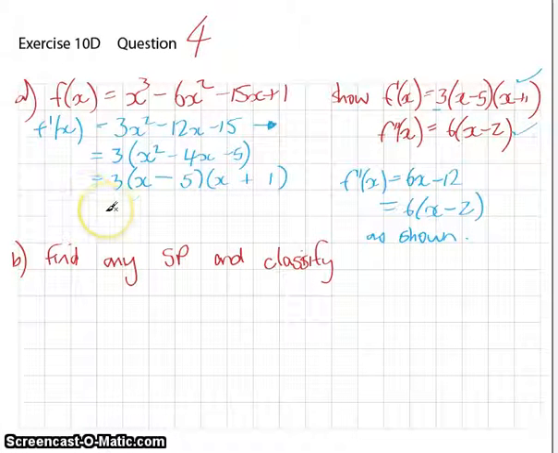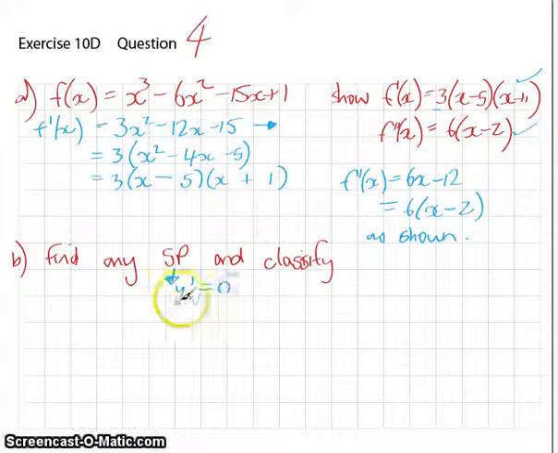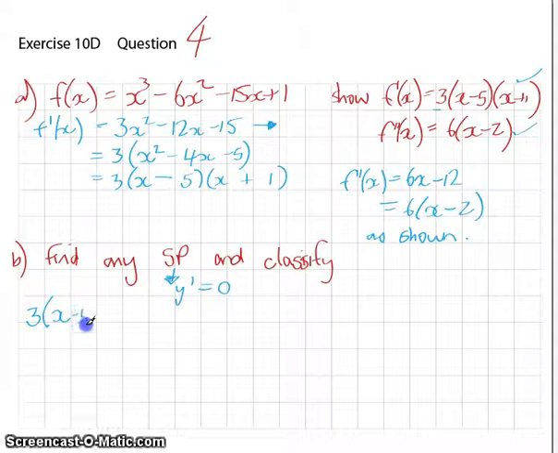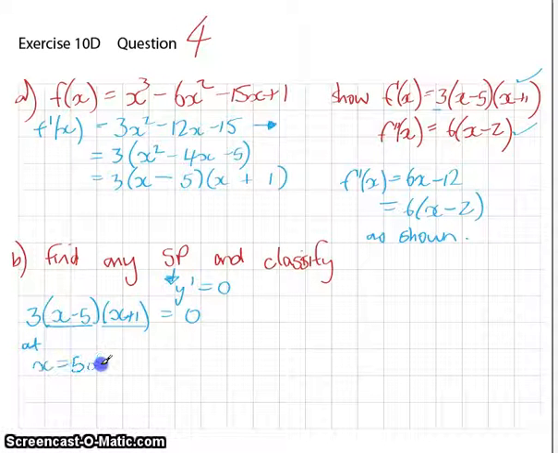Now the next part says to find any stationary points and classify them. Remember that stationary points happen when the first derivative is 0. So we're looking at 3(x minus 5)(x plus 1), looking for when that equals 0. That equals 0 when either this one equals 0 or this one equals 0. So at x equals 5 or x equals minus 1. Now to classify them,